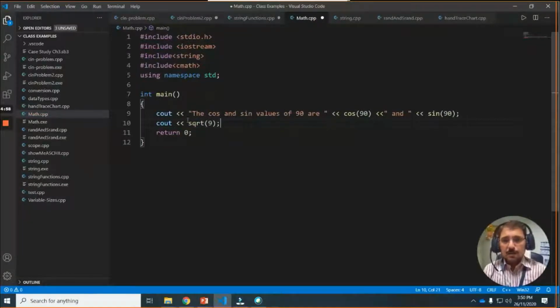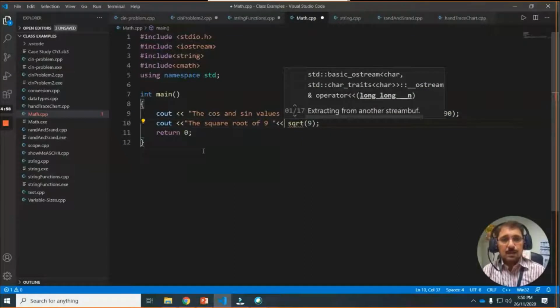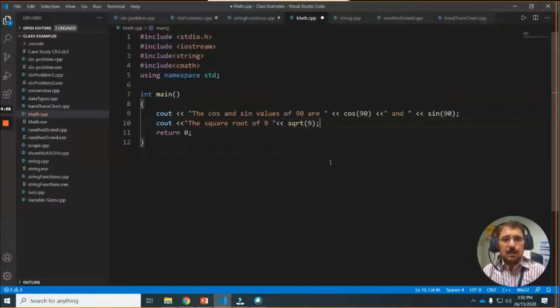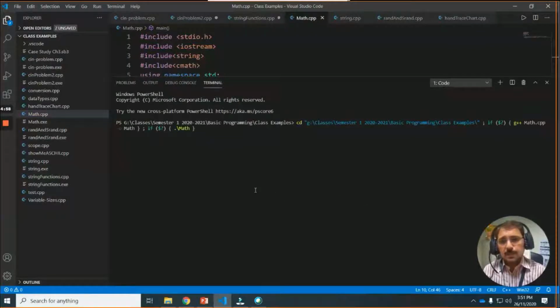Okay, we should provide some, the square root of, yeah, square root of 9 equal to this, and then this one. Save it and run it.